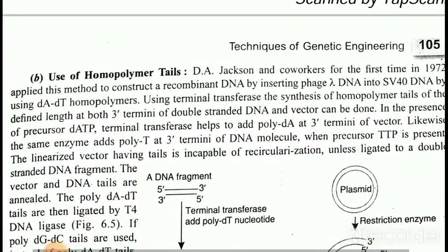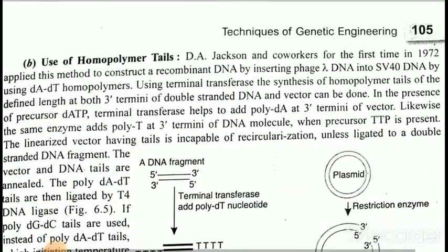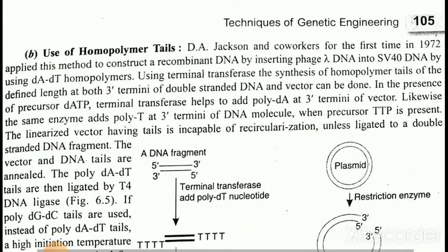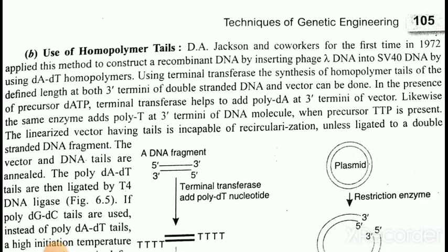B. Use of homopolymer tails. D. A. Jackson and co-workers for the first time in 1972 applied this method to construct a recombinant DNA by inserting phage DNA into SV40 DNA by using dA-dT homopolymers. Using terminal transferase, the synthesis of homopolymer tails of defined length at both 3' termini of double-stranded DNA and